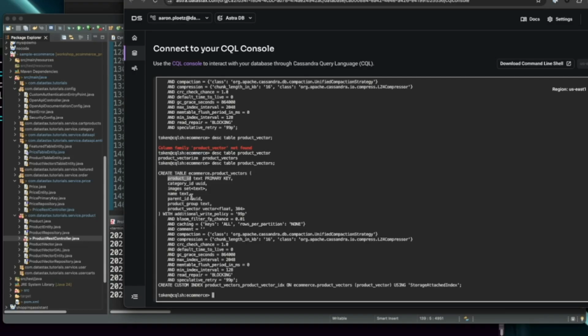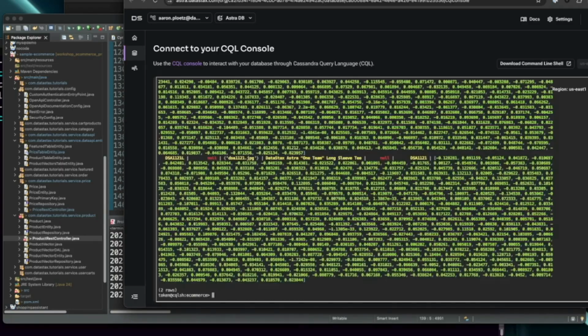And we have some other data about the product as well, because we don't want to have to make a secondary call for that. And here is our product vector. Notice it is a vector float 384, which matches up with our MiniLM-L6 model that we were pulling in from Hugging Face that I talked about earlier. And let's go ahead and do a select star from product vectors, and we'll say limit 2.